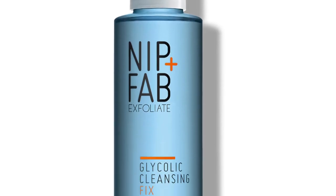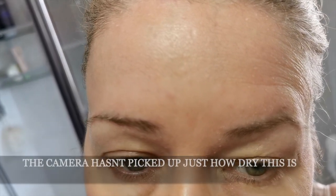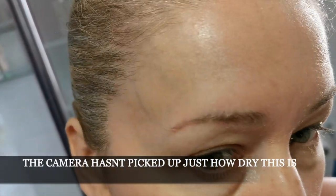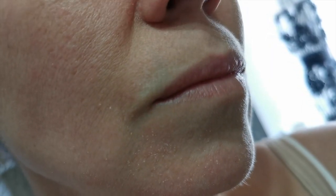I've been using at the moment a glycolic cleanser from NIP FAB. This one has got olive oil in it, so it nourishes, but it's also like a gentle exfoliator because I've got the most dry skin. If anybody else has been the same, let me know in the comments what your skin's like, because I know I've got a couple of friends who are still in the 40s as well, but are really suffering with oil and blemishes and things like that, whereas I tend to find that most people, clients particularly, struggle with dryness